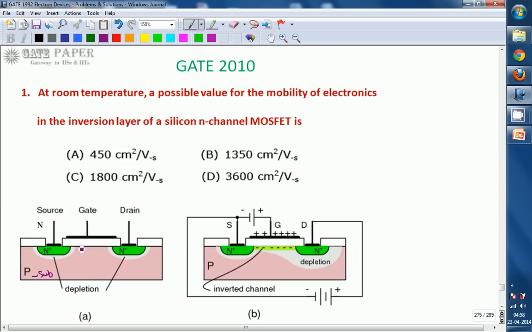One is acting as source, the other is acting as drain, and this is enhancement type, so it is called a normally off transistor. Normally off transistor means that if you are not applying any voltage initially, it acts as an off transistor, so no drain current flows. To get a drain current, you must apply some positive voltage at the gate so that it can attract the electrons from the P-type substrate. Electrons from the P-type substrate are minority carriers, and those electrons are accumulated near the silicon dioxide layer.